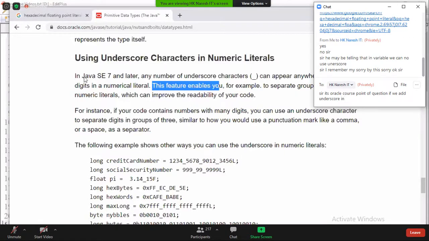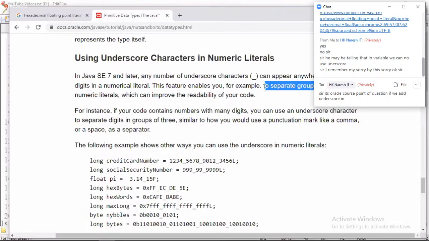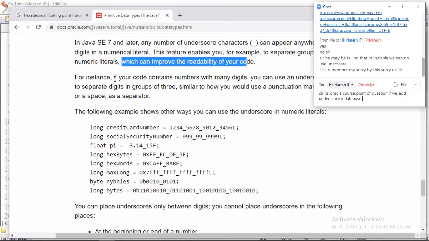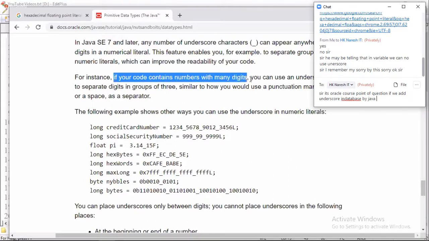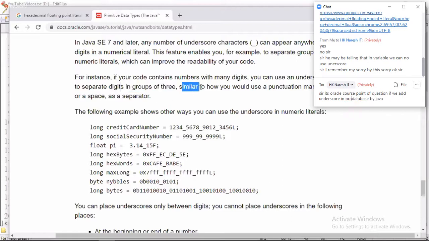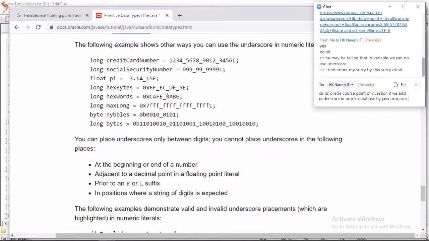The feature enables you, for example, to separate groups of digits in numeric literals, which can improve the readability of your code. For instance, if your code contains numbers with many digits, you can use the underscore character to separate digits in groups of 3, similar to how you would use a punctuation mark like a comma or space as a separator. The following examples show other ways you can use underscore in numeric literals.